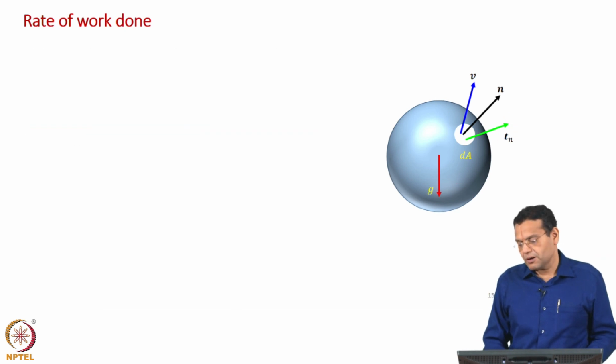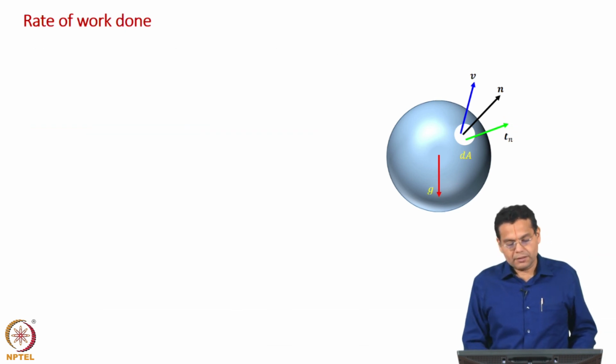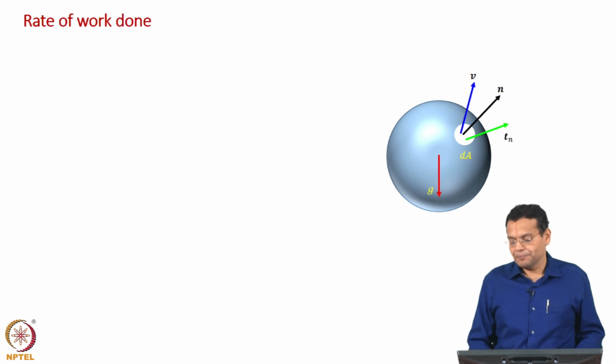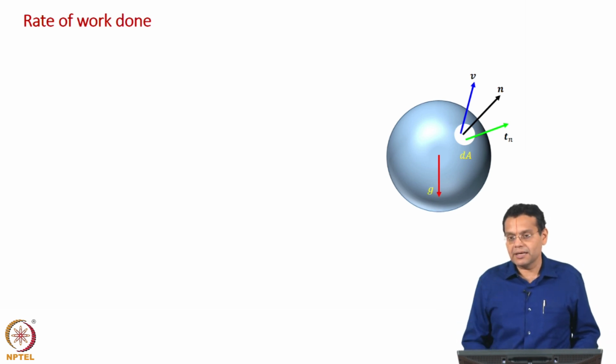Now, if you observed all the figures shown, including the figure which I discussed earlier for linear momentum balance, there is one gravity force acting, and purposely I have carried over that gravity force in all the figures as well, but we have not discussed rate of work done by gravitational force. Why is it? That is what we are going to discuss now.